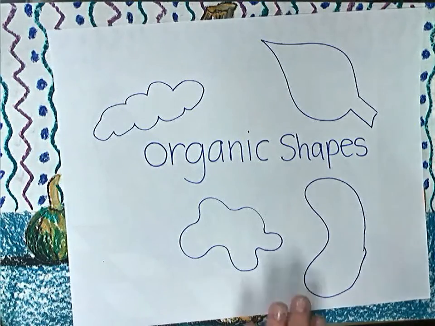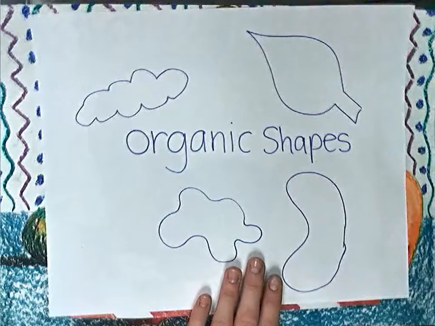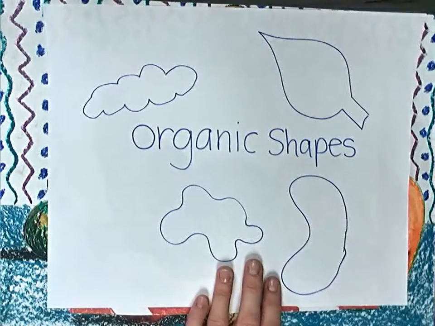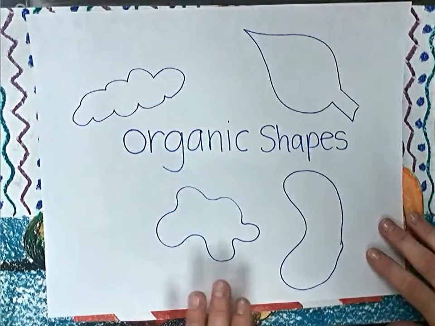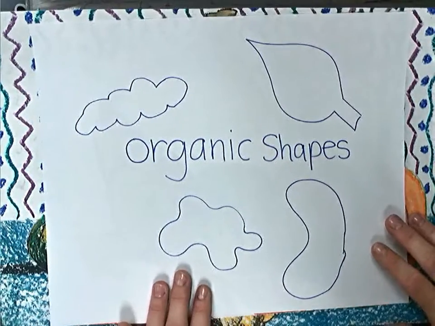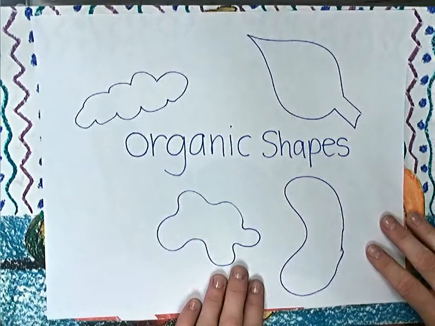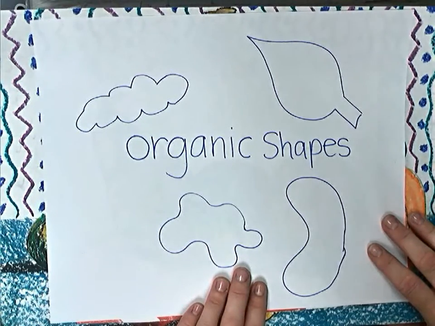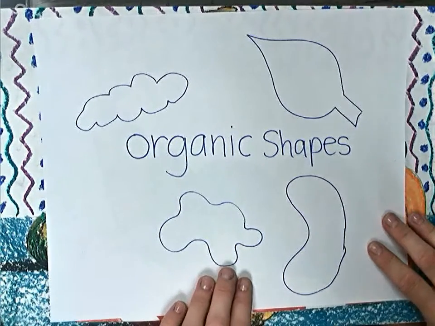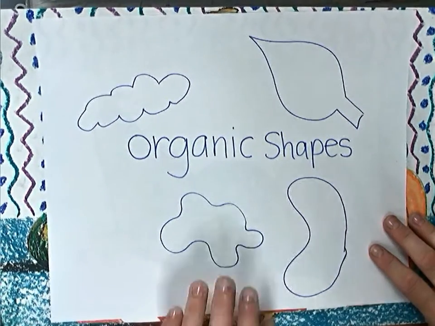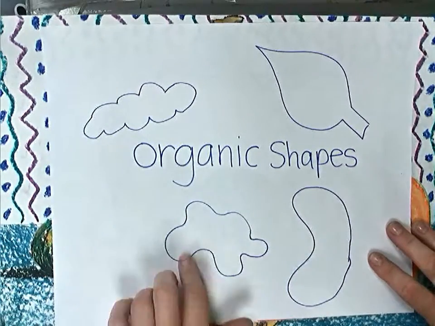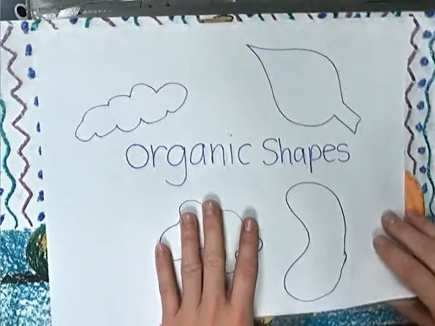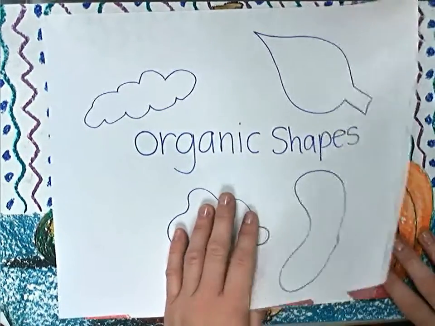We are going to be learning about organic shapes today, and we are going to be making a still life with some organic shapes, and we're going to use oil pastels. So the first thing I want to share with you is that organic shapes are shapes that do not have names. So circle, not an organic shape. Oval, not an organic shape. Triangle, not an organic shape. Okay? So organic shapes are shapes mostly from nature. Blob shapes like a puddle, clouds, leaves, animals, anything that would move and change, and shapes that cannot be